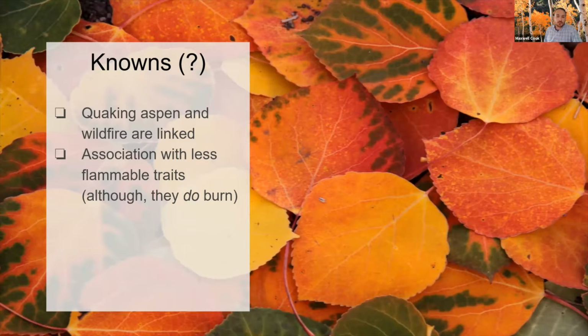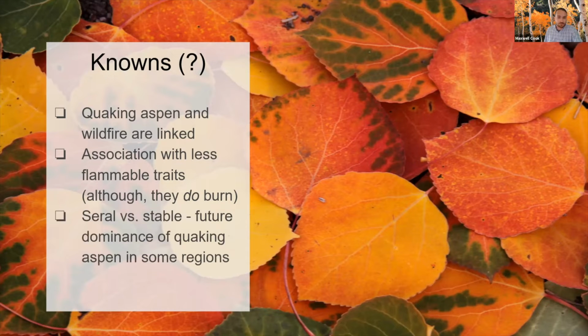We've also seen in research and observation that aspen forests are less likely to burn than their conifer neighbors, both because ignitions are less likely to carry fires, and spread is just a lot slower in these forest systems. Some observations have also suggested that aspen presence may increase the effectiveness of wildfire suppression operations. And this is an area of further research and something that we're trying to tackle here.